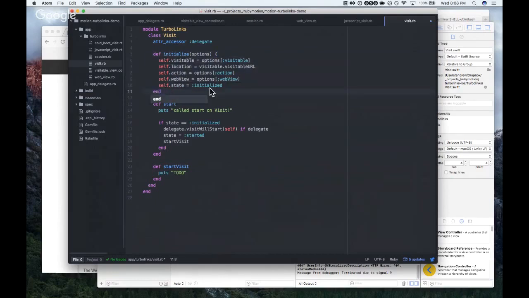I'm not sure if we want to expose those or not. So for now, I think let's change them to at signs.